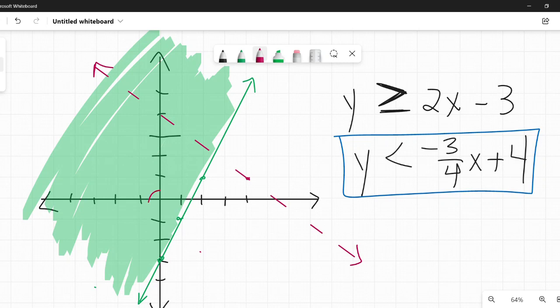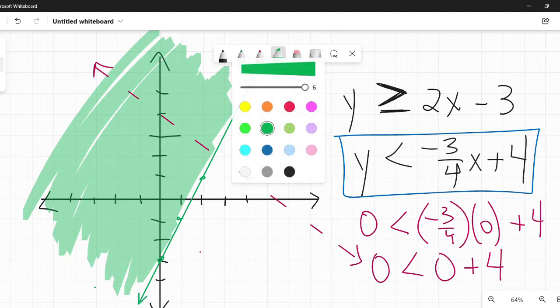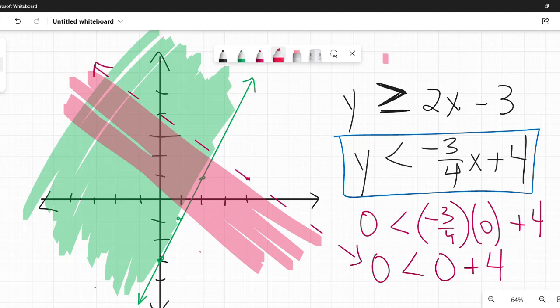So same thing, 0, 0 is not on the line, so I can use it as a test. So I plug in 0 for y and 0 for x. And I get 0 is less than 0 plus 4, or 0 is less than 4. That's true. So what is the solution to this? It's all below this line. So those are my two separate